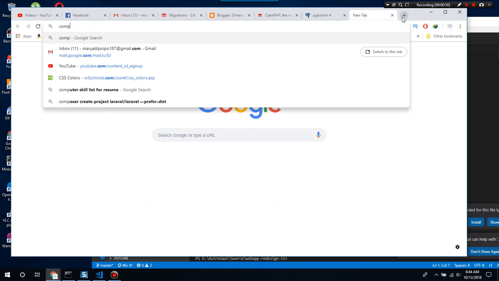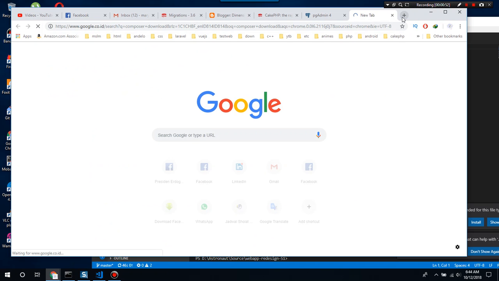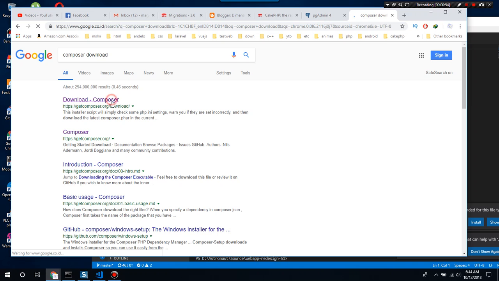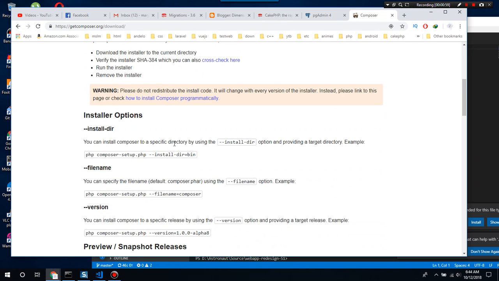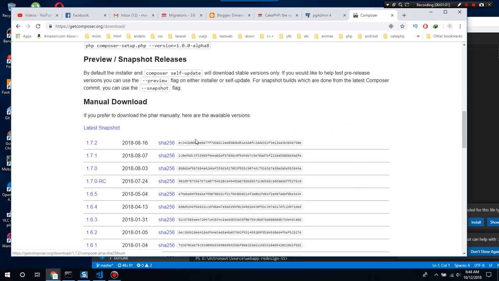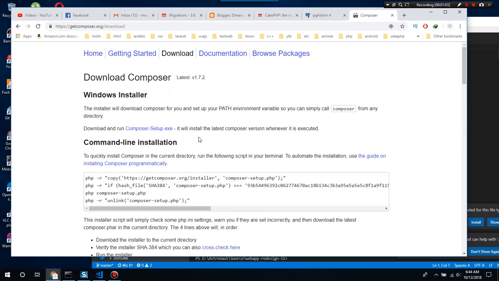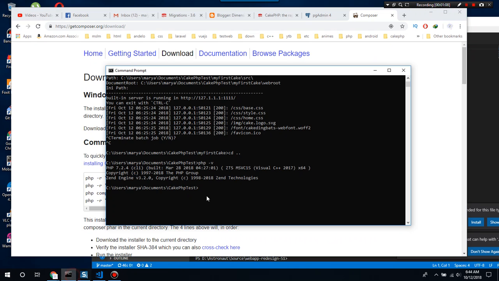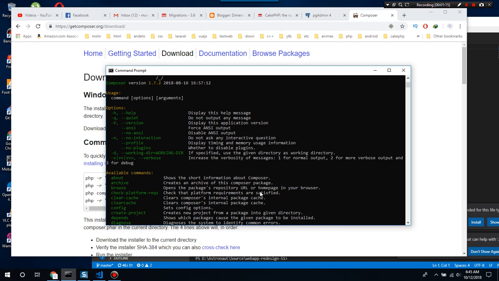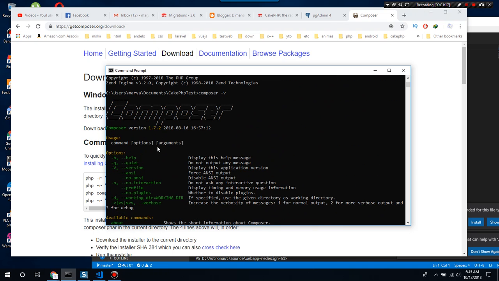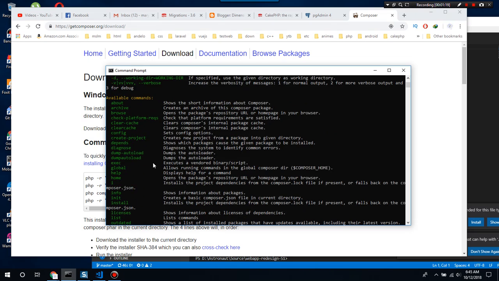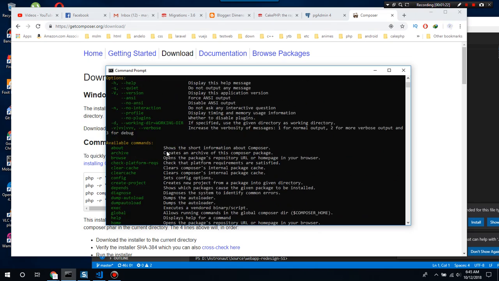So just go to the Composer official page. You can download it here. Just download this one, and then after you download and install it, you can do something like composer -v, and you're going to get your Composer version and several commands that are available for Composer.